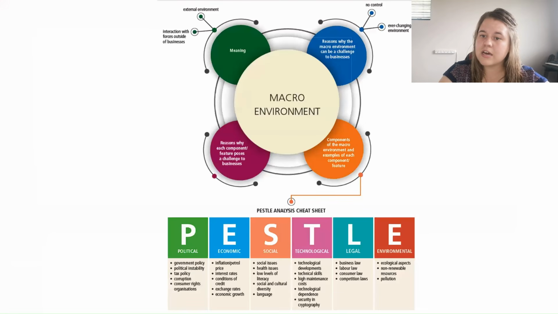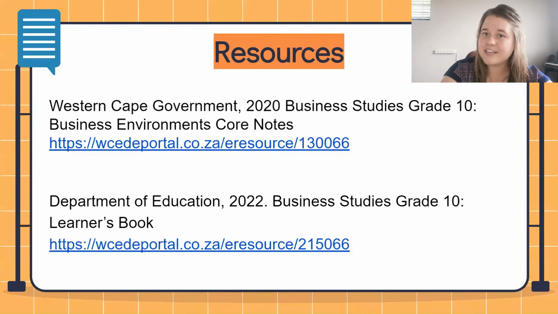All right, then here is a nice example. Here's a nice summary of everything that we went through. So again, you can pause the video at this time and maybe just jot these down. It's actually quite a nice little mind map that you can make use of. I'm not going to go through it just because I'd be repeating myself too much in this video. But you can see here with PESTLE, we've been through those. And here you can see all of the types of issues and just a summary of each of the environments there.